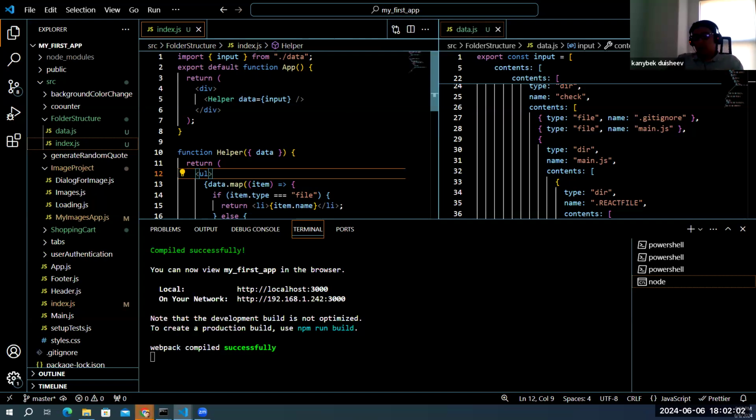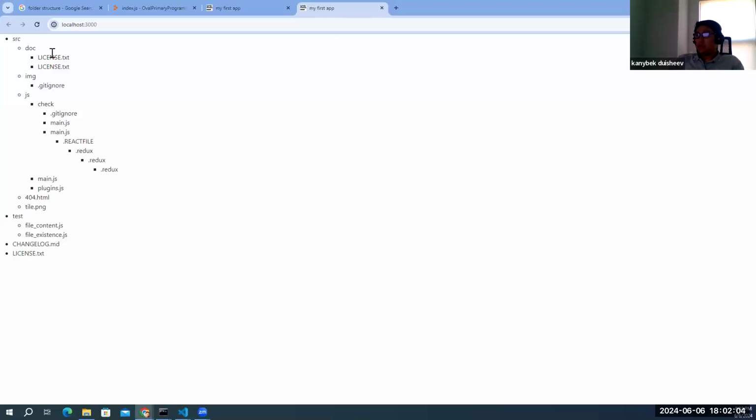Cool. It's now up and running. Here it is, you see? It's just showing the folder names, and then it goes deep down, down, down until it finds a file. When it finds a file, it goes up and then continues where it was last time, and then goes inside here. And for the third object of the very first object, okay? So this is the very first object, and then it has contents, and contents has another 3 objects. The third object goes a little deeper,